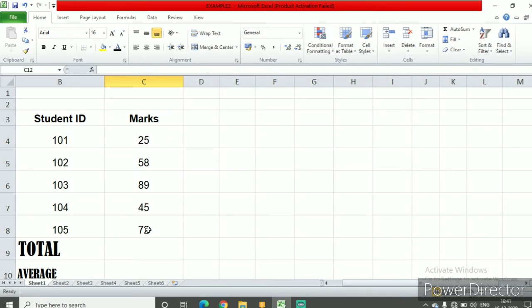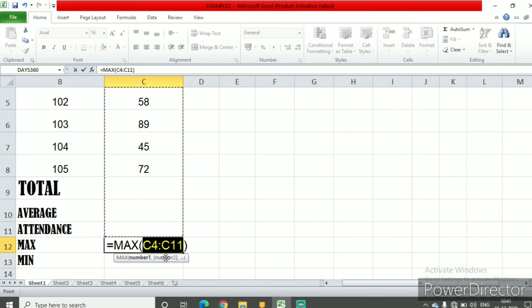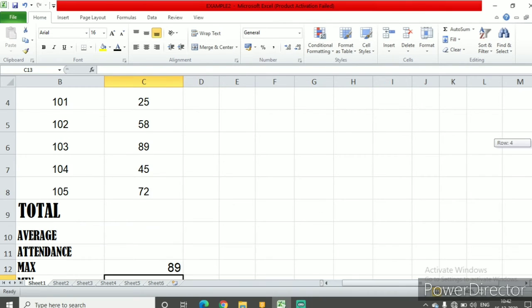Now in this series above, I want to know what is the maximum marks someone has scored. Okay, I'll delete this part and I'll come here, keep this cell active. I go into AutoSum and I click on max and see. It has taken a selection from C4 to C11 and it is going to calculate the maximum for me. I'm going to enter it here. And the maximum marks, if you see, is 89.